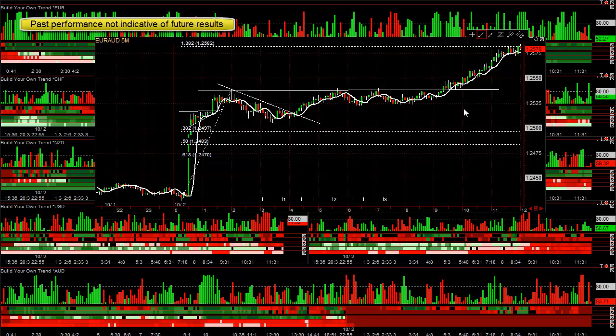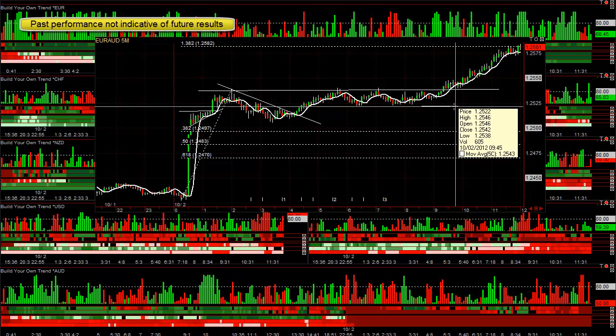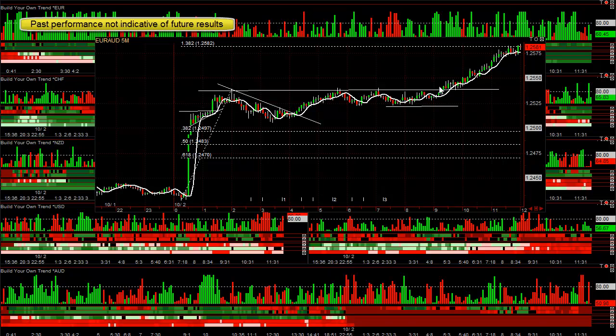If you wanted to make sure you didn't get stopped out, you'd put your stop underneath the last low right here. So if you bought this around 40, your stop would be at 20. You'd risk 20 pips. In this case, the profit target's 40 pips. If you're going to take trades like this, if you have to go to work or leave, you can put a wide stop like 20 pips and then put your profit target 8 to 10, 15 pips underneath